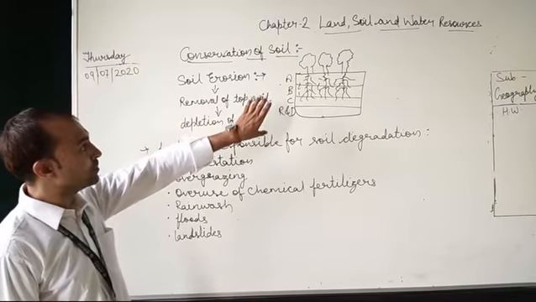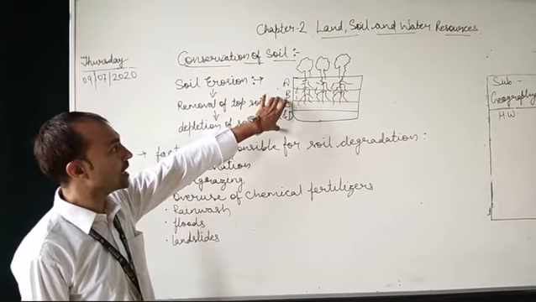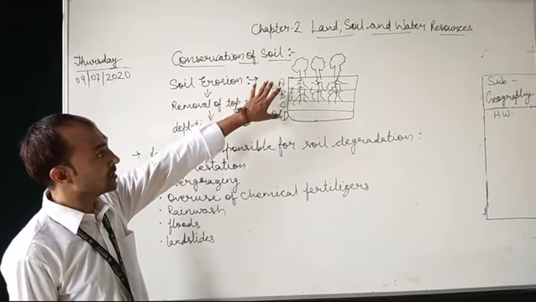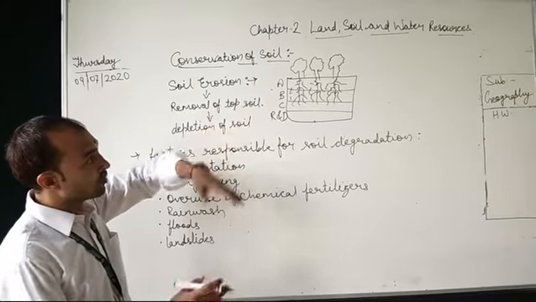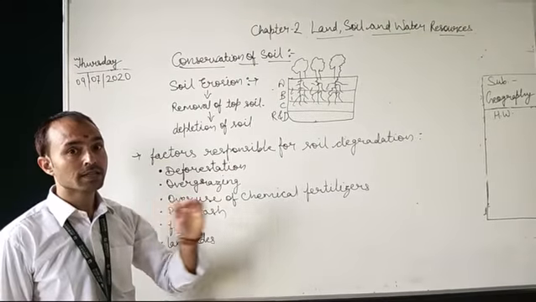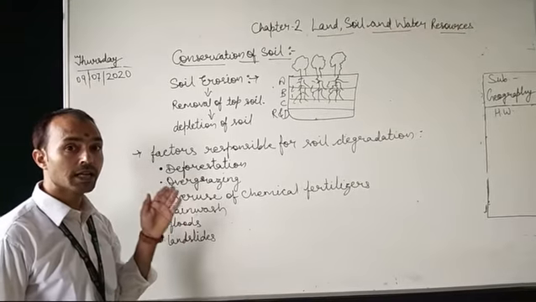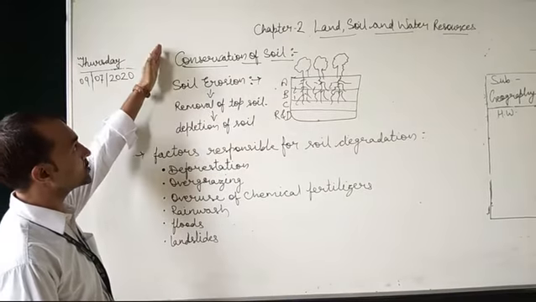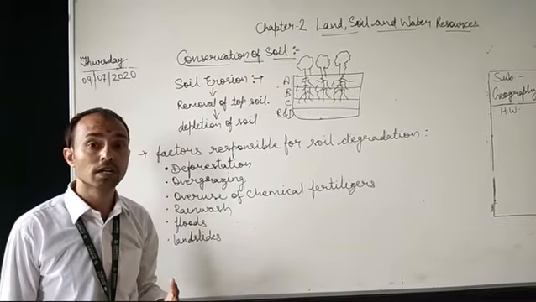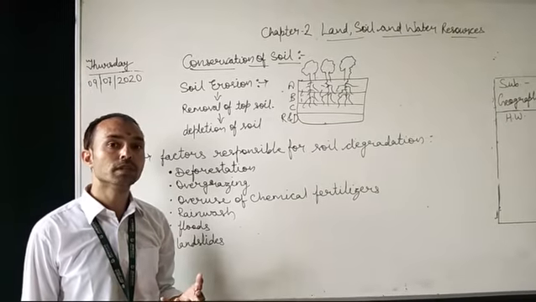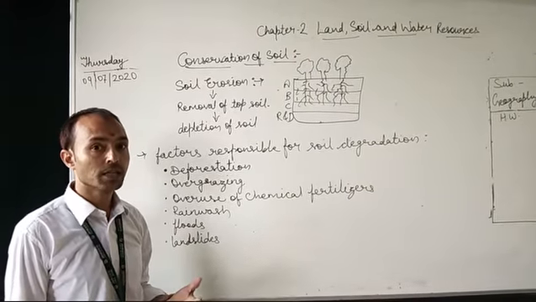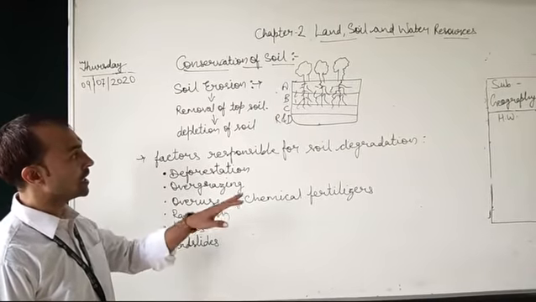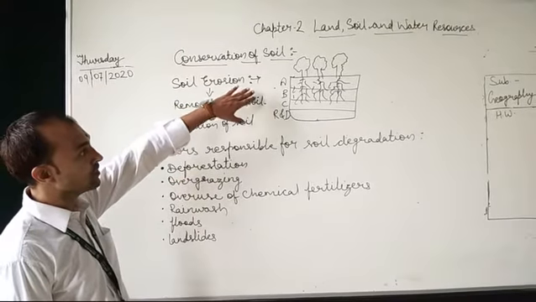Students, now put your concentration again and recall your last session, when I taught you that there are different horizons, meaning soil layers. The manner in which the soil horizons are arranged is called soil profile. In today's topic we are going to learn about conservation of soil. Before this, we'll have to go through soil degradation, because later on we'll discuss conservation of soil.